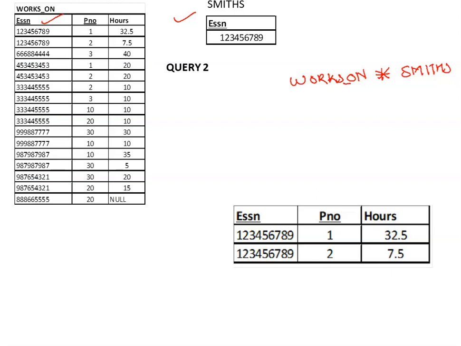Since we are working with the worker part, I will apply a project operation on this expression, project P number, and store this into a temporary relation called Smith worker projects.